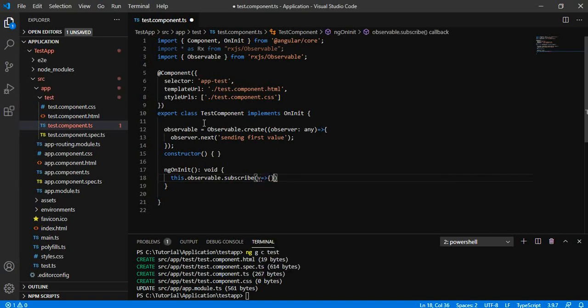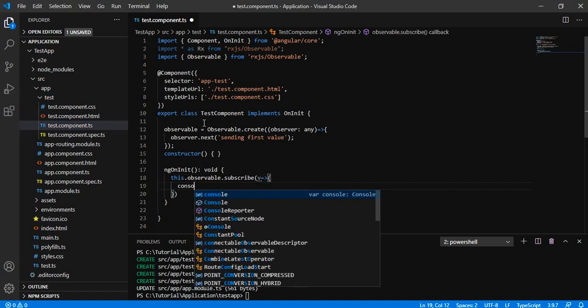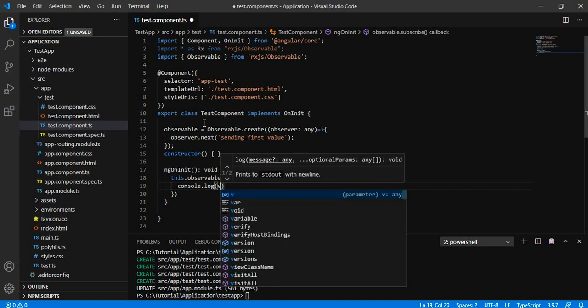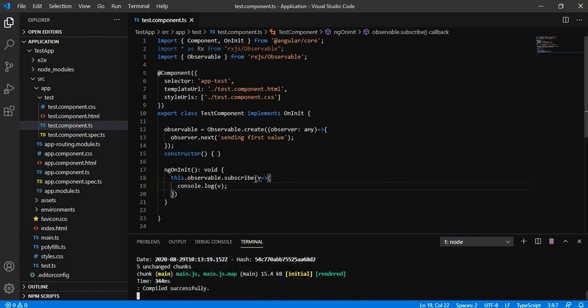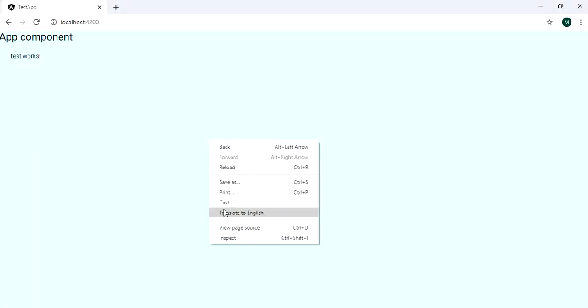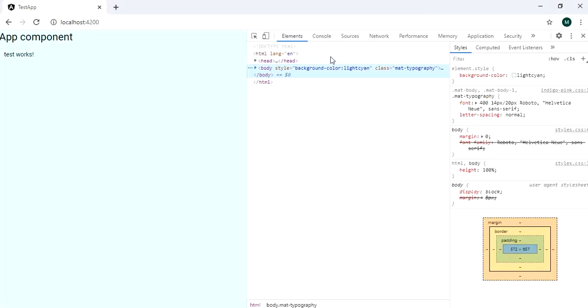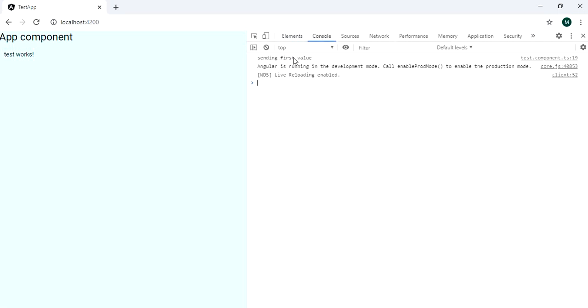Let us say I am subscribing over here, and as soon as I subscribe, I start receiving whatever value is being sent from the observable that we have created. So you can see I am receiving the first value that is being sent from the observable.